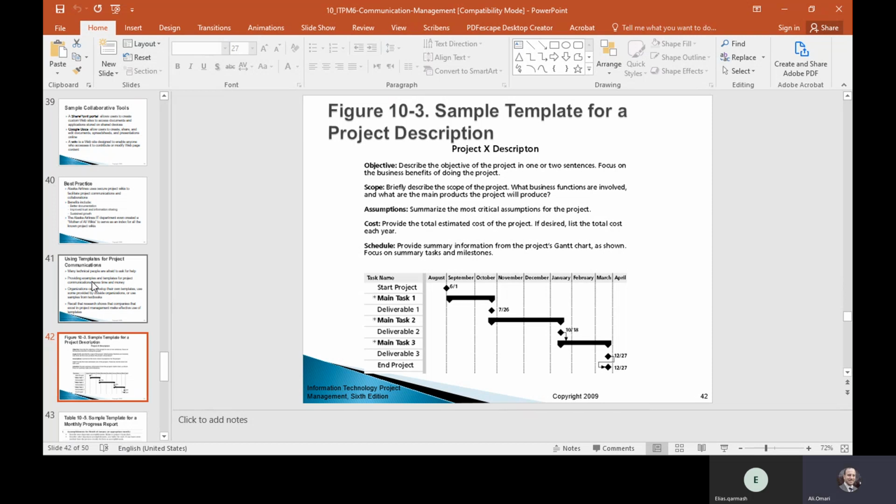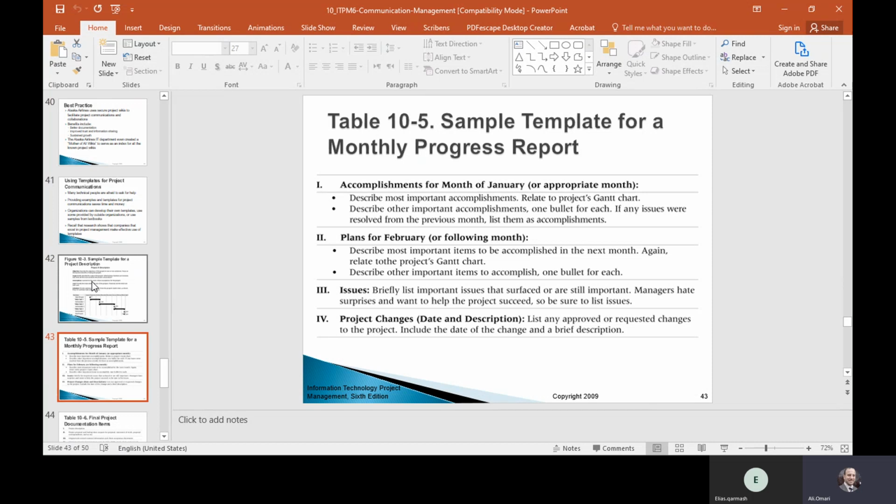There is a certain example for each template. If you don't know it, I suggest you always go and look for this template just to make sure that you are following the appropriate format.